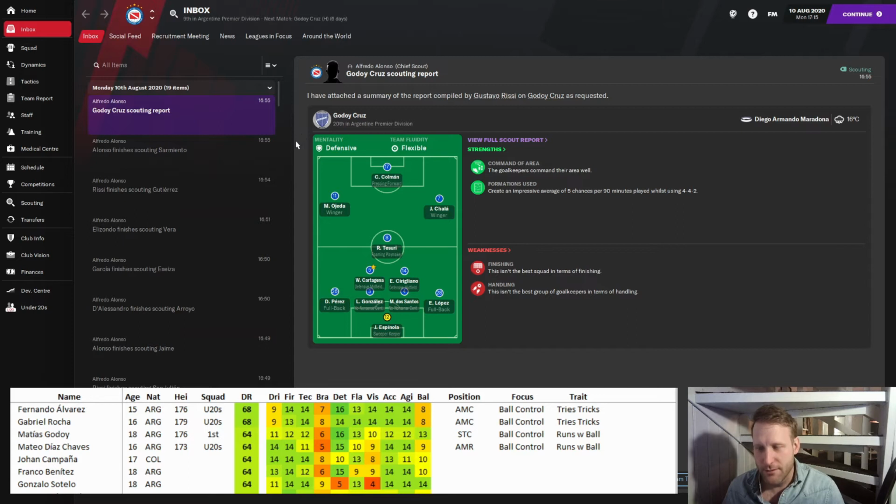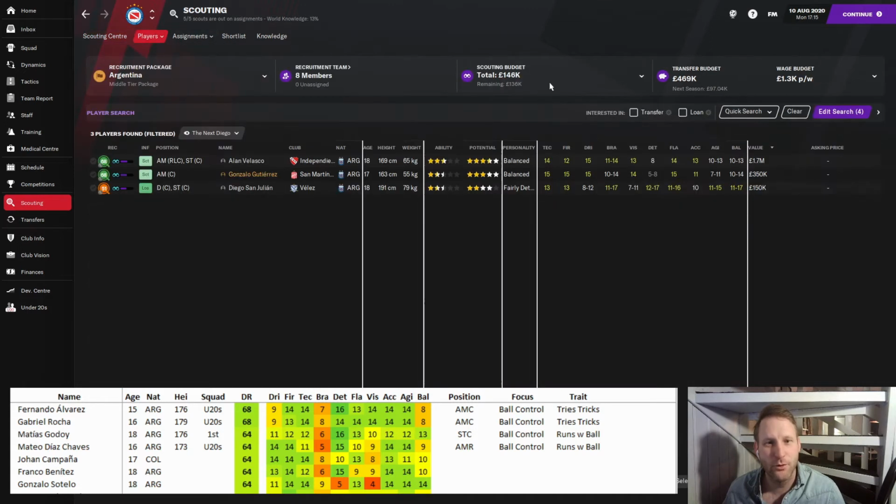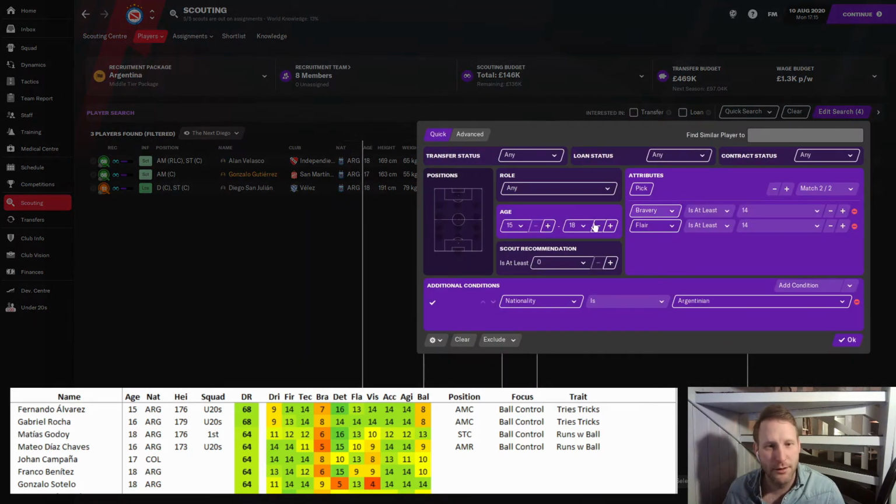Border Adventures South America and FM22. Cool. And let's see. Scouting. Looks harder because of the Bravery Flair combination. Yeah, the Bravery Flair combination is going to be the difficult thing here. I agree with Don Pap.